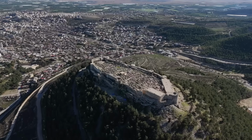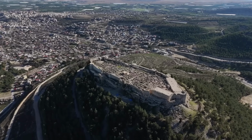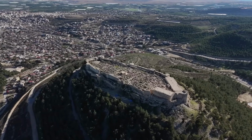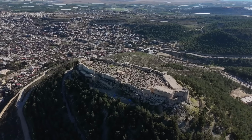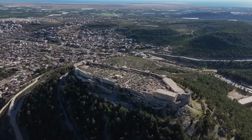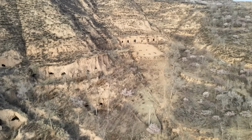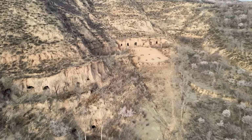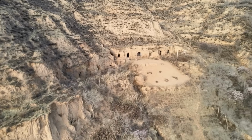The dwellings remained relatively cool in summer and warm in winter, thanks to the natural insulation of the rock and their south-facing orientation, which maximised solar gain during the colder months. Furthermore, the elevated positions of the cliff dwellings provided a strong defensive advantage. Access to many of these sites was challenging, often requiring climbing ropes, handholds, and narrow passages, making them difficult for